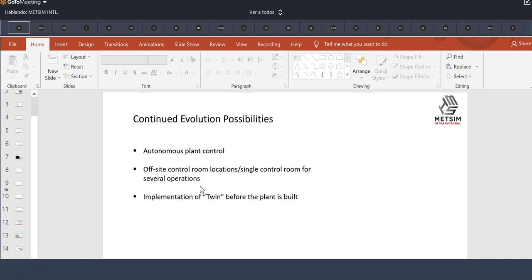Implementation of the quote-unquote twin before the plant is built. And you would say, well, isn't this sort of just going backwards? That's just building a process model? And the answer would be yes. However, the idea is we can build and calibrate this twin and have the system ready to go before the plant is built. And we can then configure that for